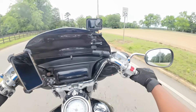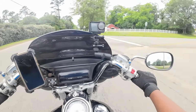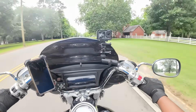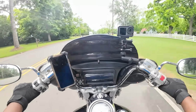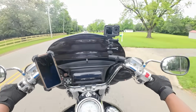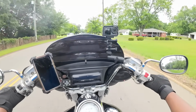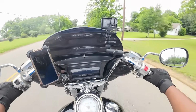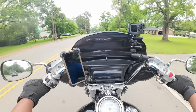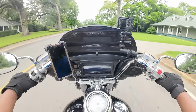But what I did not like when I jumped on the bike was how tight it felt on there. Now, my wife and I ride two up all the time, so I don't ride alone. She's normally on the back with me. And I can tell you right now that she would not be comfortable at all on the back of that Road Glide that I was on. So I'd have to get a different model Road Glide, maybe something that's more for touring. I don't think that one was basically a touring bike, even though you could put a tour pack and all that on there, but I'd have to change that seat out very quickly because she wouldn't go for that at all. Now, as far as controls,